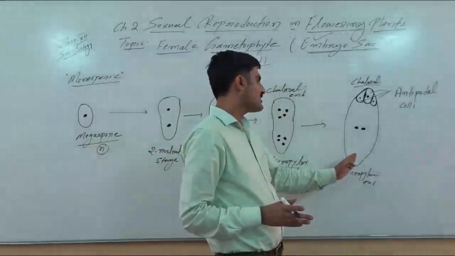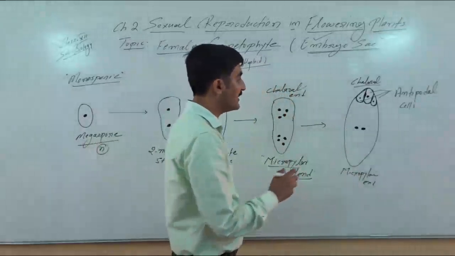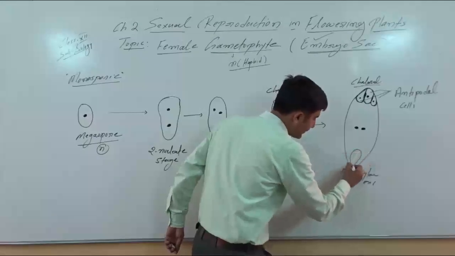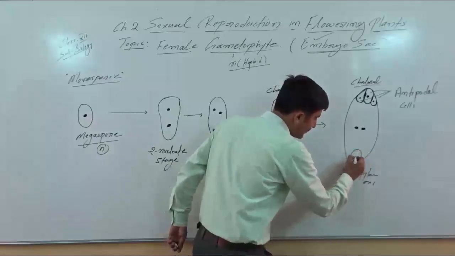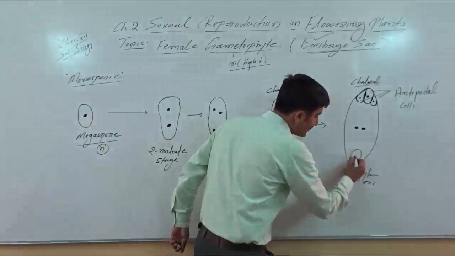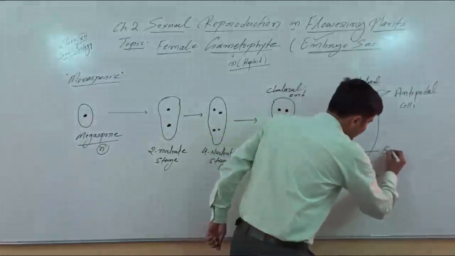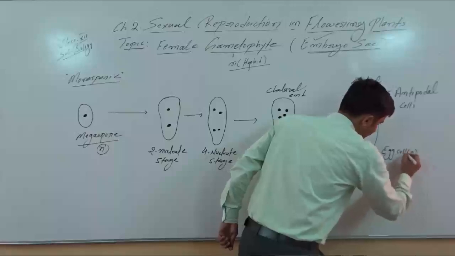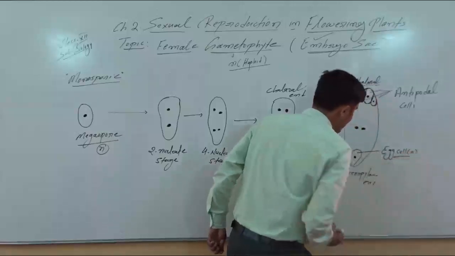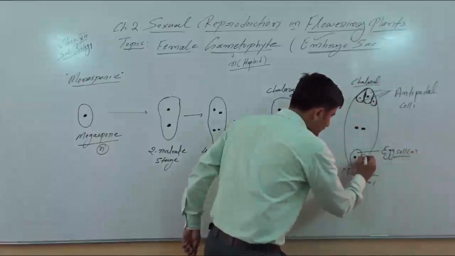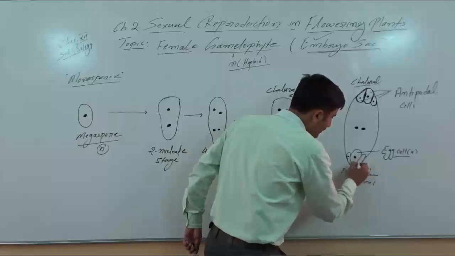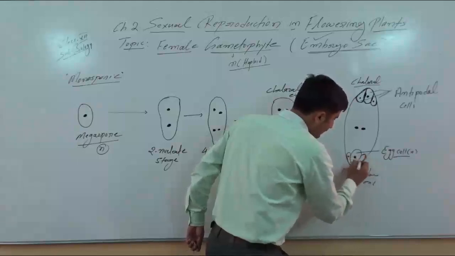On the other hand, there is formation of cell wall and formation of 3 cells toward micropylar end. So there will be unequal size cell, one big cell will be formed, and cell wall formation, cytoplasmic division. This cell is egg cell, which represent the female gamete. Beside that, there is formation of 2 more cells, supporting cells present both the side of the egg cell.